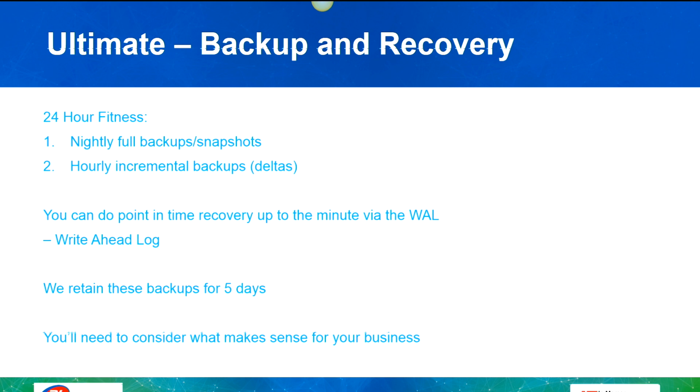But if there was a data corruption at 10:45, maybe a developer deployed some code and the update statement cleared out all the data in a given cache. They didn't do it update by primary key. They forgot the where clause. It slipped through code reviews, whatever it may be. And they did that at 10:45. If I want to get to 10:44 and 50 seconds, then I would do the same thing. Nightly backup, 10 hourly incrementals, and then I use point-in-time recovery to get me to 10:44 and 50 seconds,